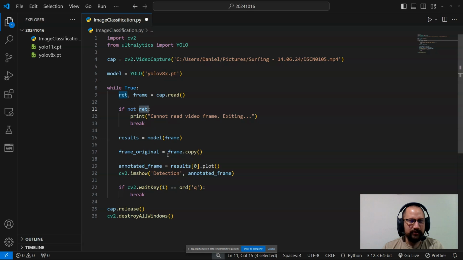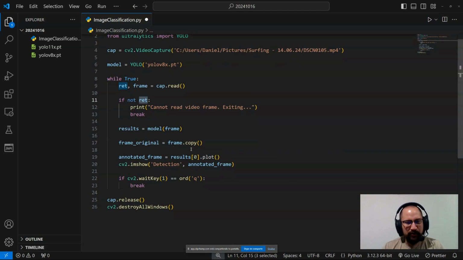And the idea is to take the video frame and overlay another frame that selects the object recognition with the label and the percentage of accuracy of that detection, which is where I'm using these two lines down here. And another one is an if statement: if I press this key, it will break the loop and basically quit the program.